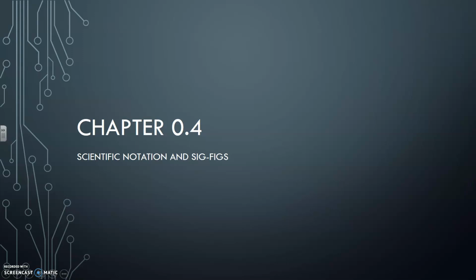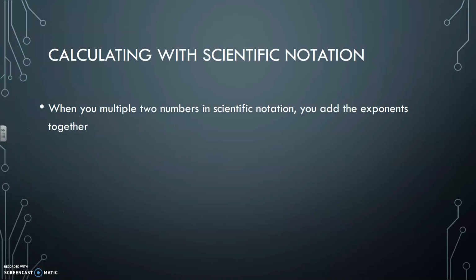In this section, we're going to be talking a little bit more about scientific notation. We're also going to cover unit conversions briefly and then talk about sig figs. So when you're calculating with scientific notation, this is basically if you don't have a calculator or for whatever reason you don't think that your calculator is giving you the right answer. This is a way that you can check to make sure that you're getting the correct exponent with